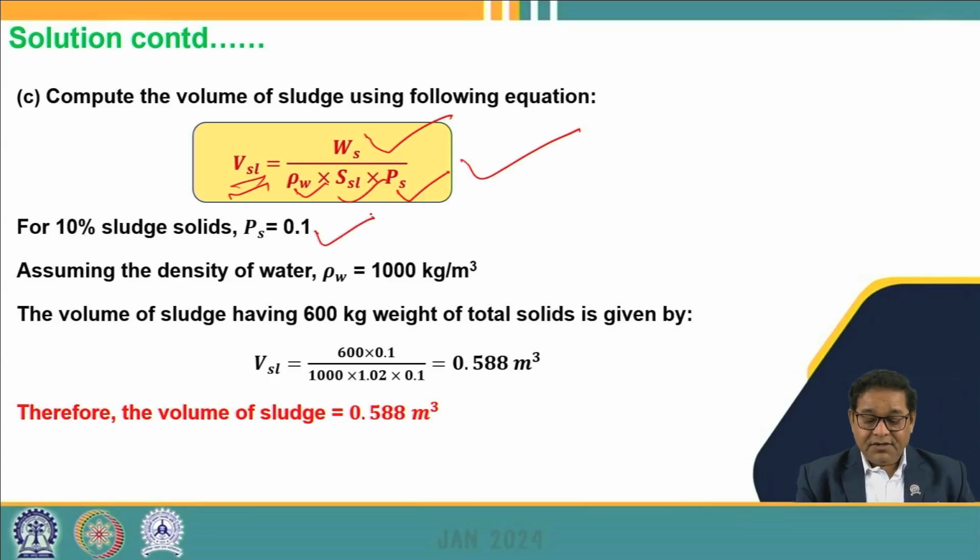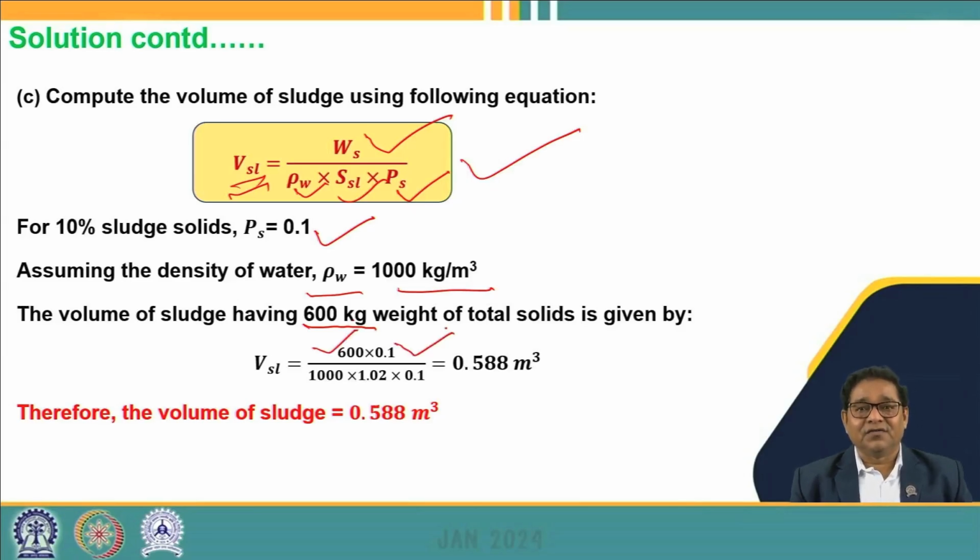So 10% means this is 0.1, and rho W we know is 1000 kg per meter cube, and we have a total weight of 600 kg. So by putting this value, 600 kg, into 10%, which is the solids, 10% of this will give the weight of the solids, and then divided by rho W, and then the specific gravity of the sludge we have determined, 1.02,